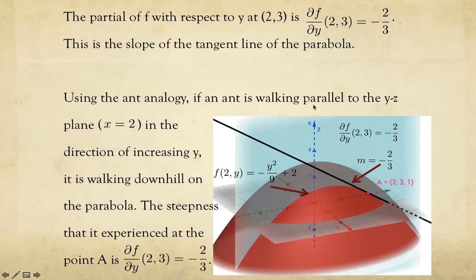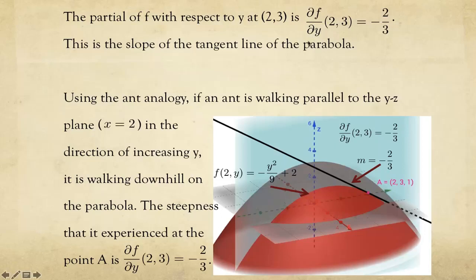So if I were to use the ant analogy again, if the ant is on this surface and is only walking in the direction in which x is constant, x is 2, then it's walking parallel to the YZ plane. Again, look at this. This is the y axis, the green axis. This is the x axis. This is the z axis. So if I were to walk along the direction of the turquoise plane, then it's actually walking parallel to the YZ plane. So make sure you understand that. And if it's walking in the direction of increasing y, because we're going to be going to the right,